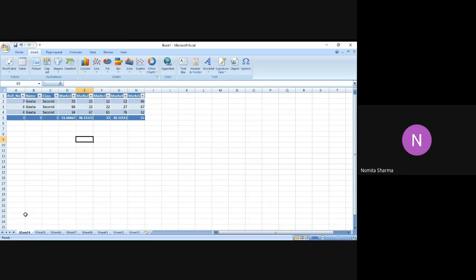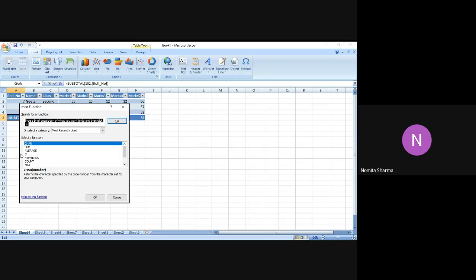So in this case, if you want to count, you can use commands like count. You can use these different commands: you may have none, which is the default option, average, max, min, sum, standard deviation, var, and there are more functions also if you take a note of this. If I click on more functions, it will give me the insert function option. See, all the functions which are there in Excel, it will allow me to have those functions over here.